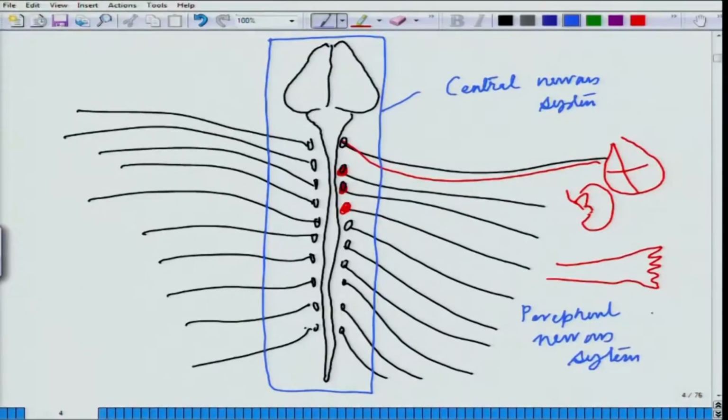So, there is central nervous system and there is peripheral nervous system, and there are two pathways out along this